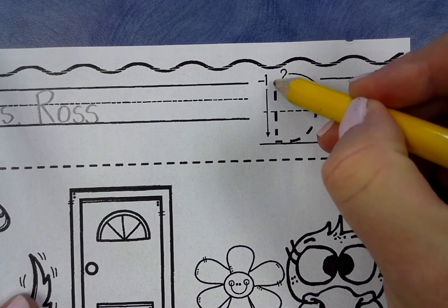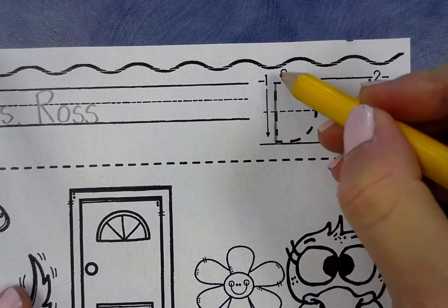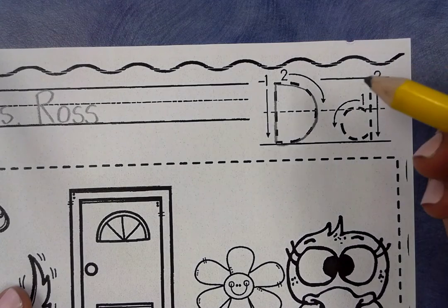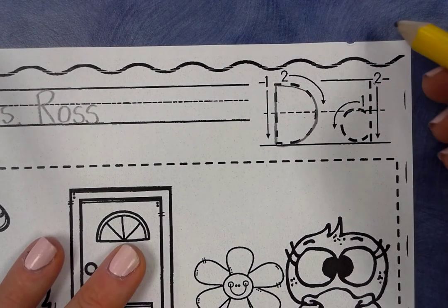We're going to start up at the sky, go down to the grass. Now I'm going to go back up. Look at, I'm lifting up my pencil. I'm going to go back up to the sky, and I'm going to make a big belly. The D has a big belly. It just ate. Now I'm going to go over to my little D's, and I'm going to start up at